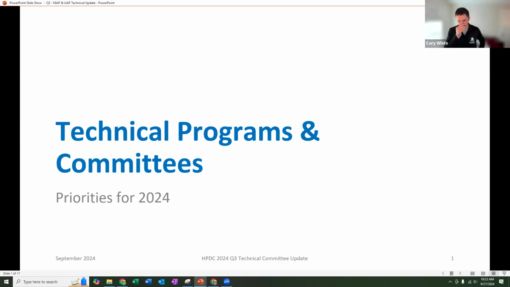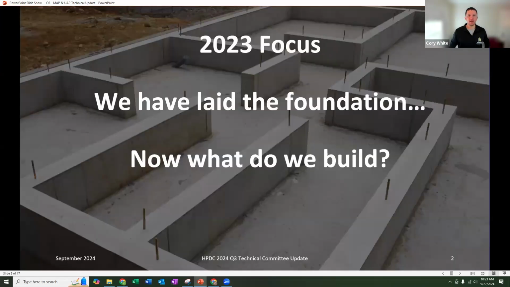So what I want to do today is talk about the work that we're doing, because we think it's really important for continuing to push material health forward here in the marketplace. So really in 2023, we realized that we had this great foundation. So version 2.3, we had all of the data pieces in place to really build what we wanted to build in the future.